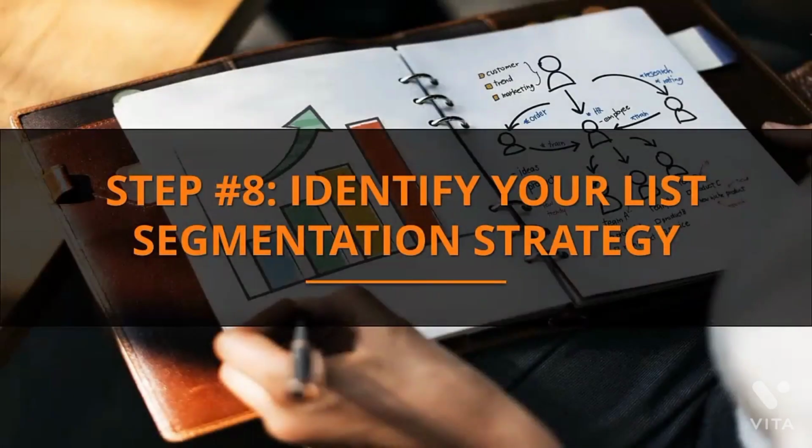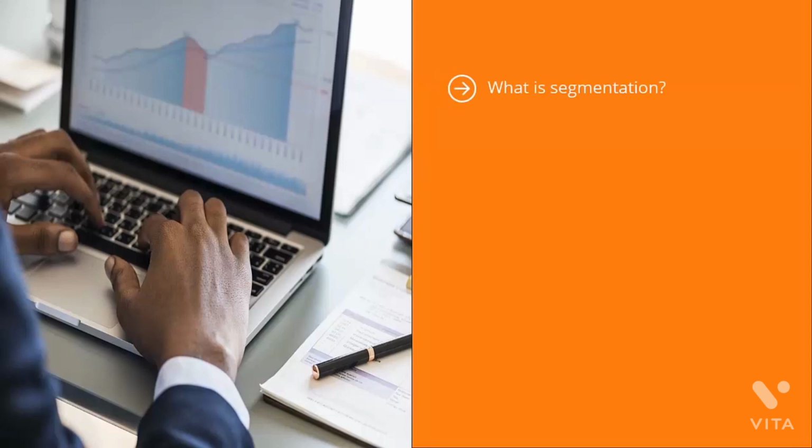Step number 8. Identify your list segmentation strategy. What is segmentation? Segmentation means separating your list subscribers into smaller sublists based on their specific interests or preferences. It's not enough that they are interested in your niche generally. It's not enough that they are looking to solve a certain set of problems. By breaking down their specific interests in your niche, you can send them more targeted information that could lead to